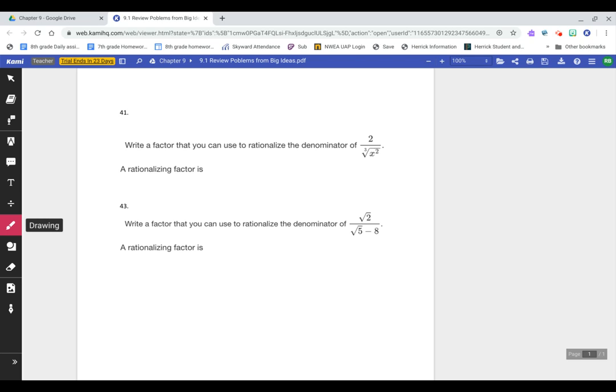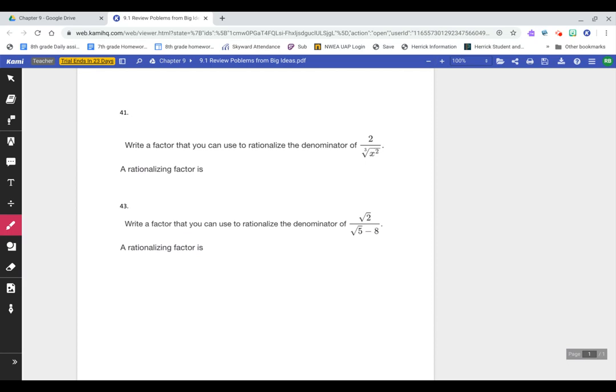I wanted to discuss two problems that came up on the 9.1 Big Ideas. So overall, your scores look really good. There were just two problems out of the three different assignments that came up as red flags. And when I looked at them, I think that it was just the way that you read the problem, because